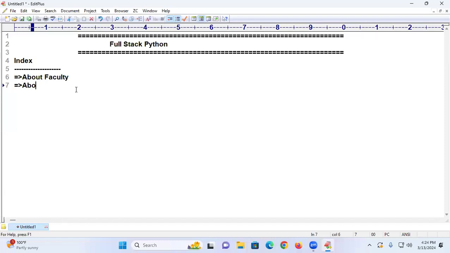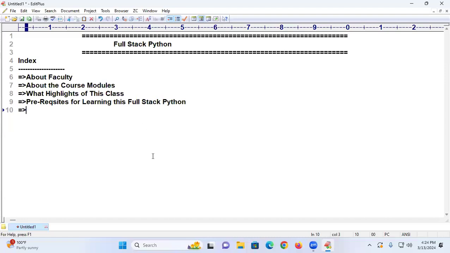Next, about the course modules. How many modules are present in full stack Python? And next, what are the highlights of this class? And next, what are the prerequisites for learning this full stack Python? And next, what should the student do, what must a student do to get a job in industry